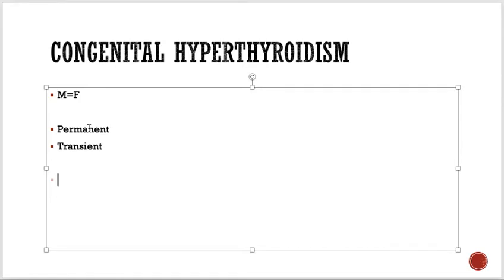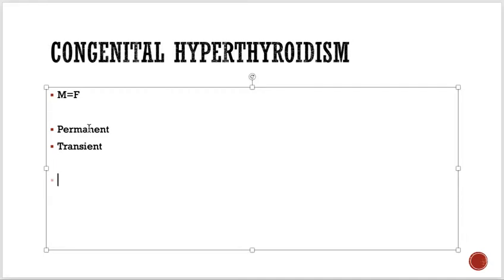Like, simply, they are short lived. The baby has thyroid antibodies from the mother. For example, when the mother has Graves' disease, and due to that Graves' disease, what is there? Simply,